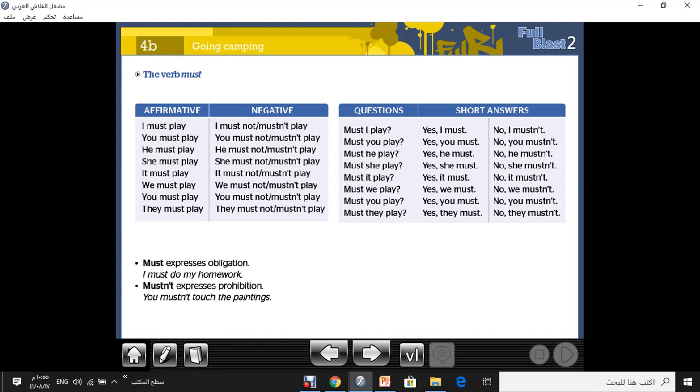They must play. They must not or mustn't play. Question, must they play? Yes, they must. No, they mustn't. Okay, here below this table, we have must expresses obligation. Example, I must do my homework. Mustn't expresses prohibition. If I told you, you mustn't touch the paintings, or you mustn't park your car here.